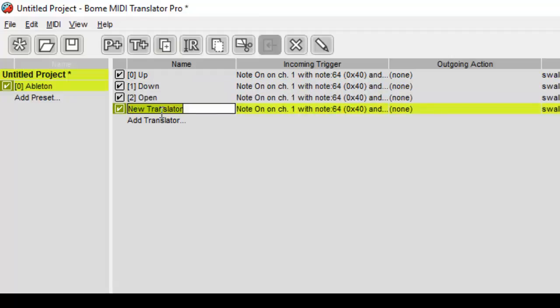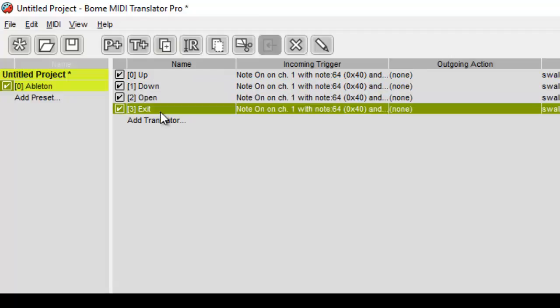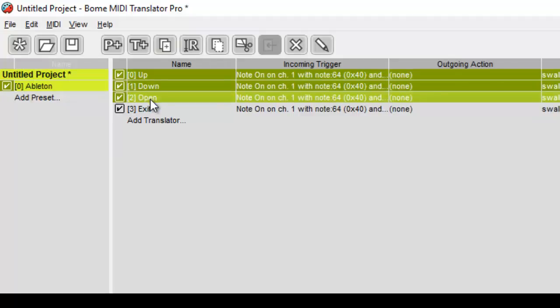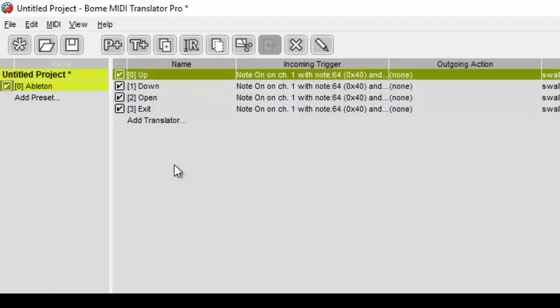I can say exit. So you have a bunch of commands that you can use, but the only command that we're going to be using in this video is down, because if you've used PowerPoint software before, you know that by pressing down, you can tell the PowerPoint program to go to the next slide. So that's pretty much what we're going to do. We're just going to be moving to the next slide